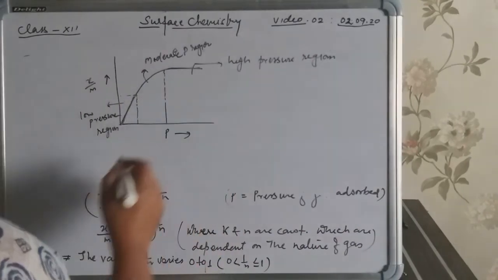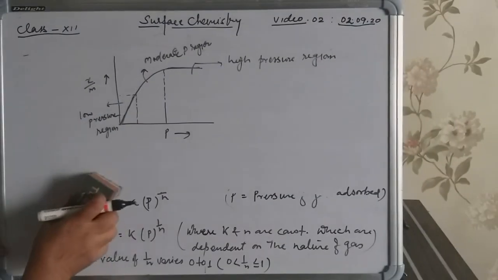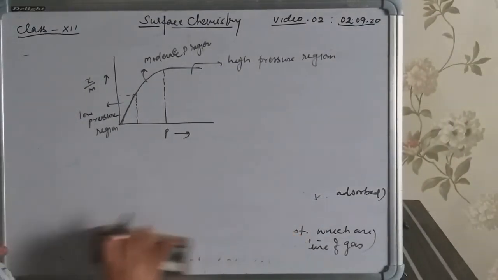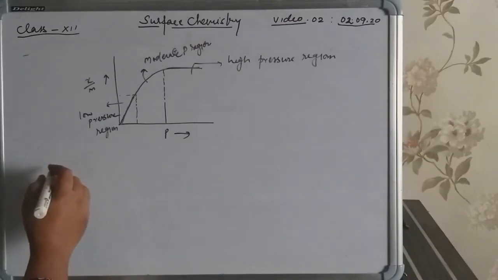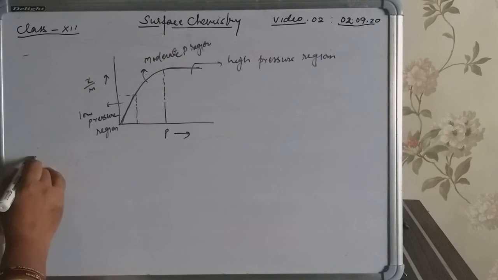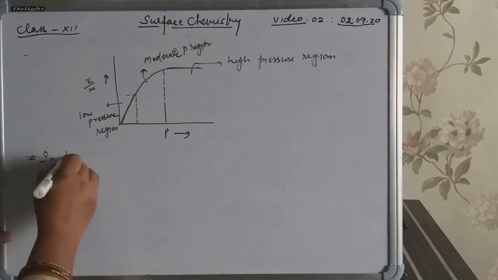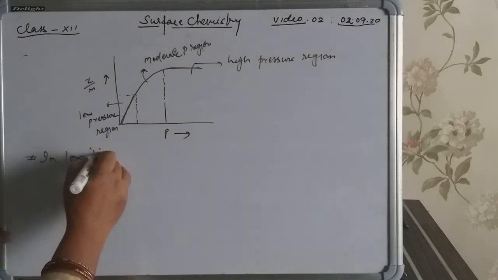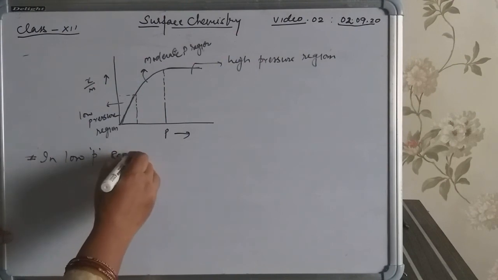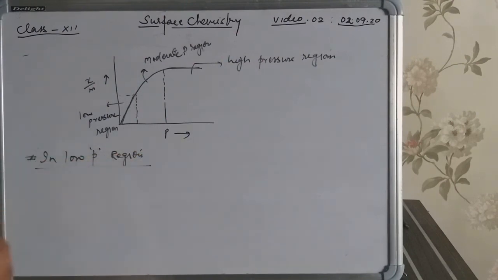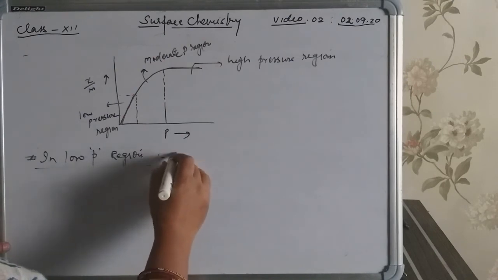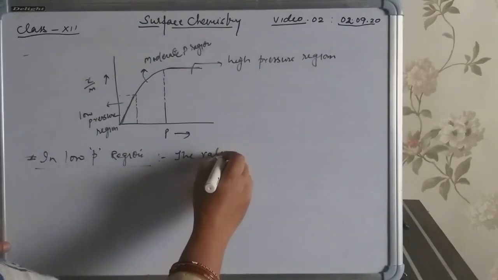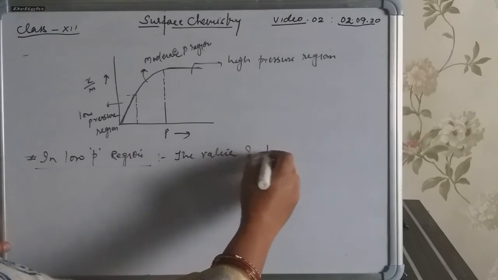At first we'll discuss the low pressure region, in which the value of 1 by n